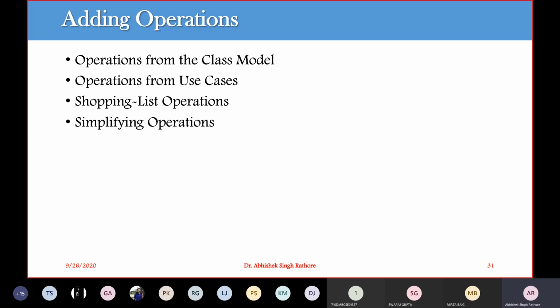Now the last thing is simplifying your operations. We have to examine our class models for similar operations and variations, and express them in the form of single operations. We usually try to broaden the definition of an operation to encompass variations or special cases.